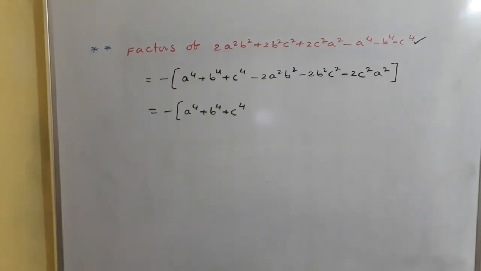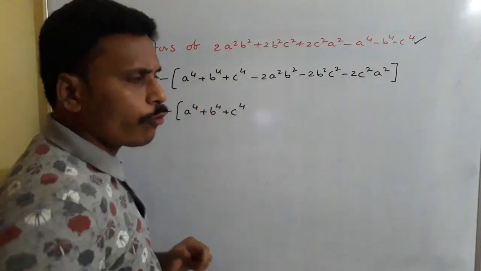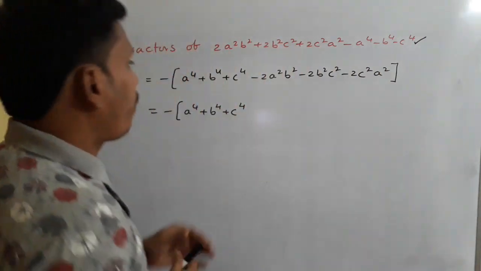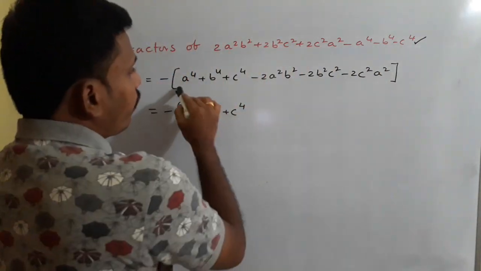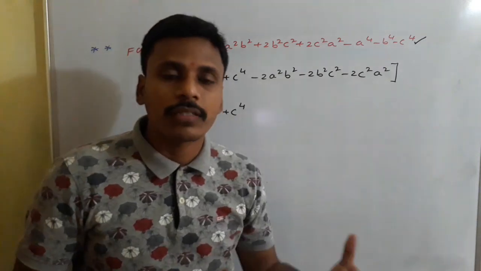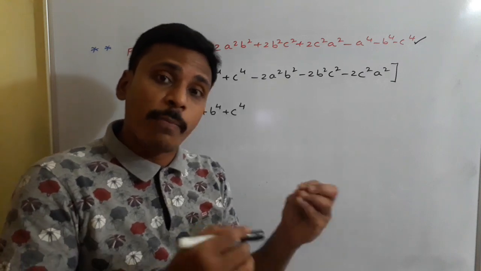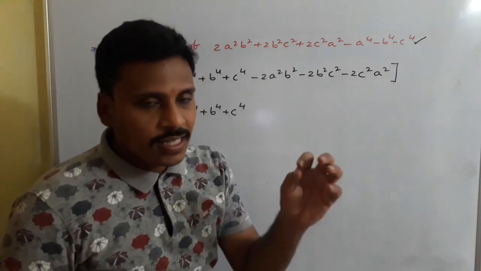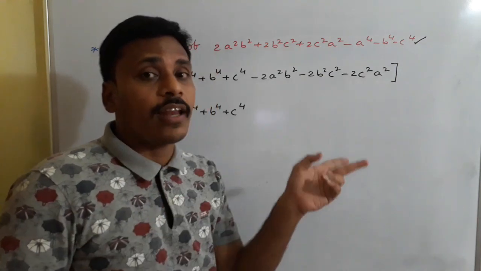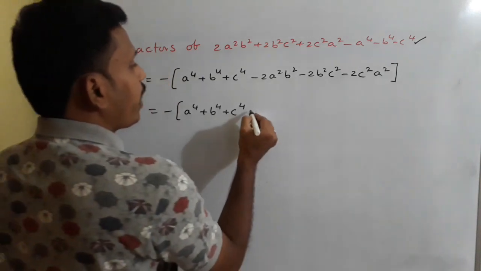Just look here. See, just pick out minus, then it will become a power 4 plus b power 4 plus c power 4 minus 2a square b square minus 2b square c square minus 2c square a square. And for this, we know the formula for alpha plus beta plus gamma whole square, like (x plus y plus z) whole square, or (x plus y minus z) whole square also. See, (x plus y minus z) whole square means you will get minus for only 2 terms, but there is minus for 3 terms. So I need to eliminate that minus sign for one term.